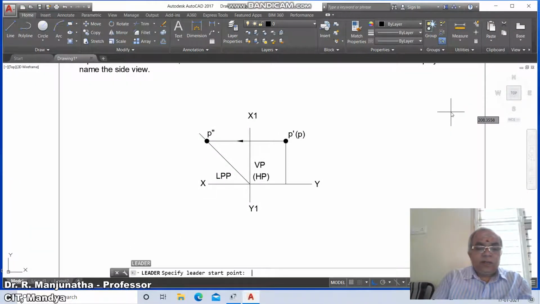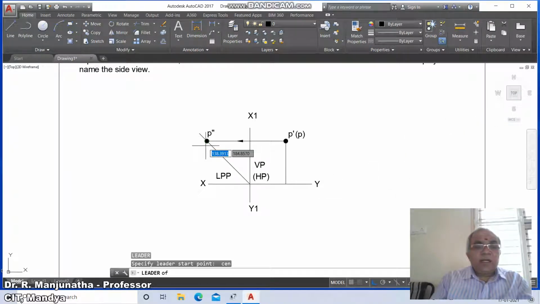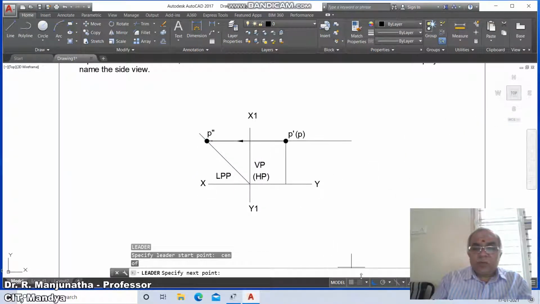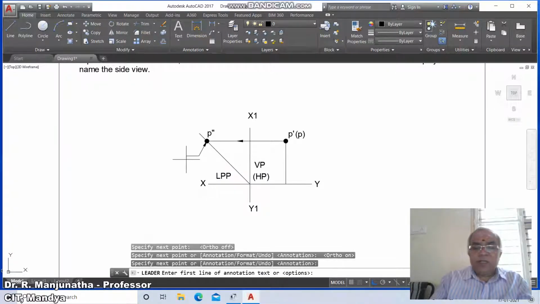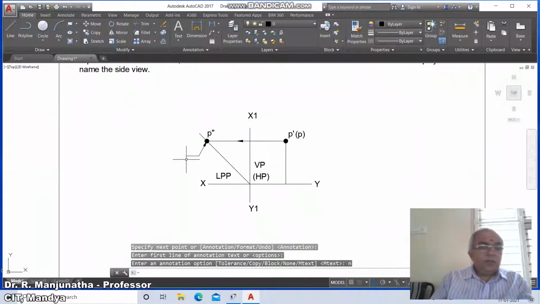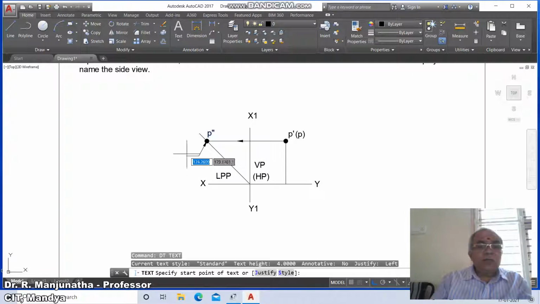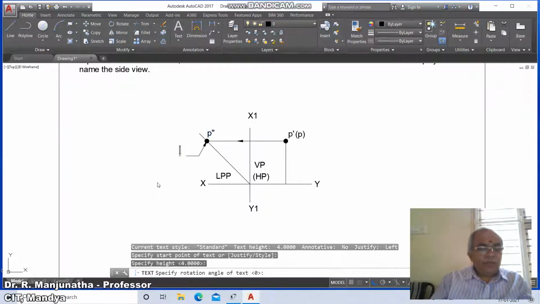Then go to leader, take the center of this and take this, then ortho mode on, place it here, then again ortho mode on, you come down to this, annotation options none. So now here the dtext is going to be left side view, put the caps lock on, LSV.